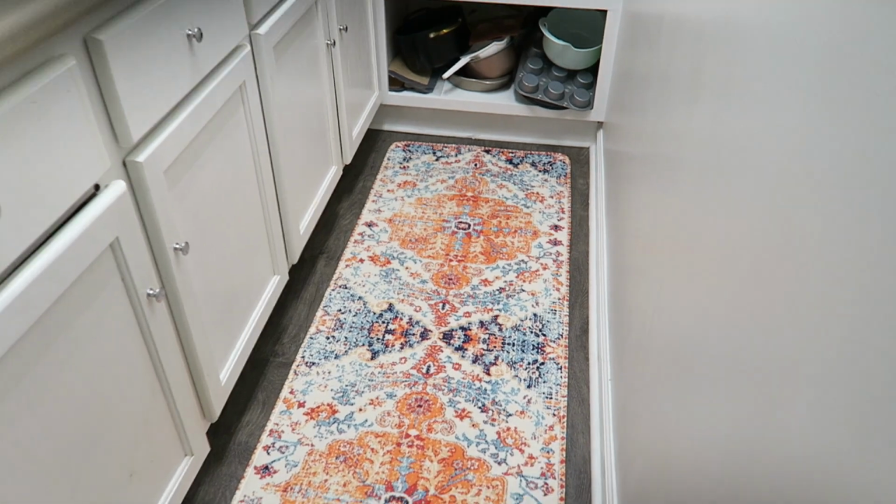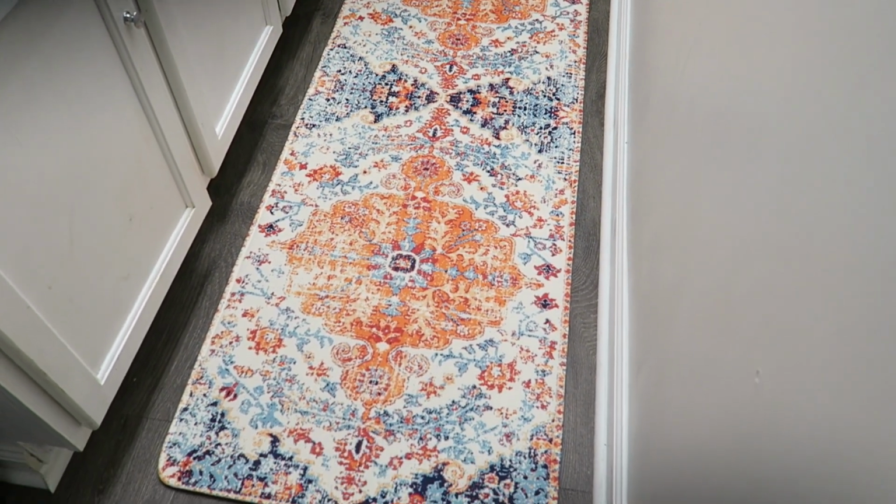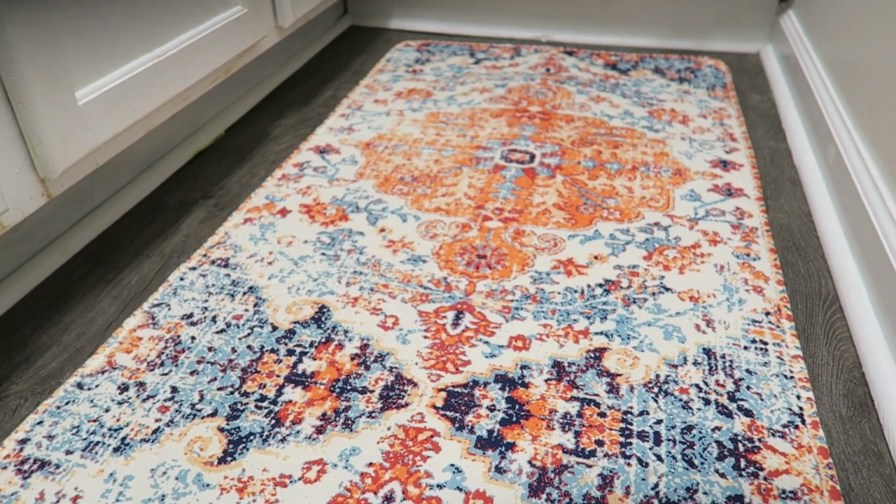The very first item that has made a world of a difference just in appearance and comfort level of the kitchen is this rug that I found on Temu. It has some really bright, fun colors, which I am always a fan of. It is an anti-fatigue kitchen mat. I got the rug in the biggest size. At the time that I got it, it was